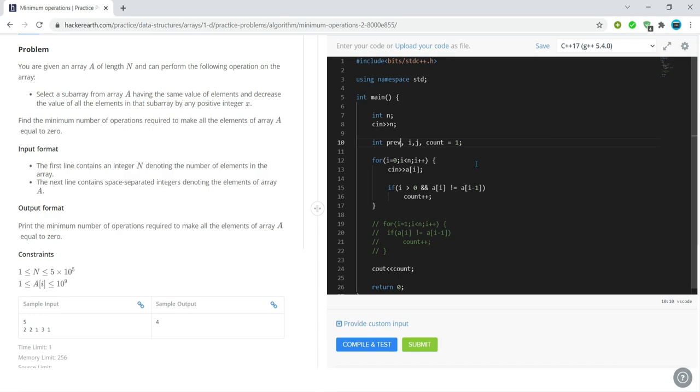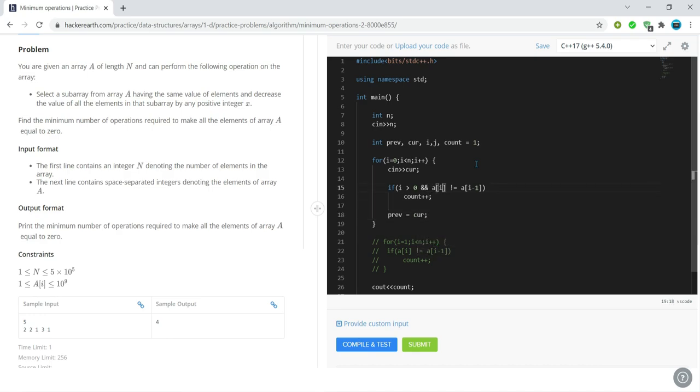We will use a previous variable, and also a current variable. Now instead of inputting into the array, we will use current. So current is storing the latest value, and after that, previous will equal current.